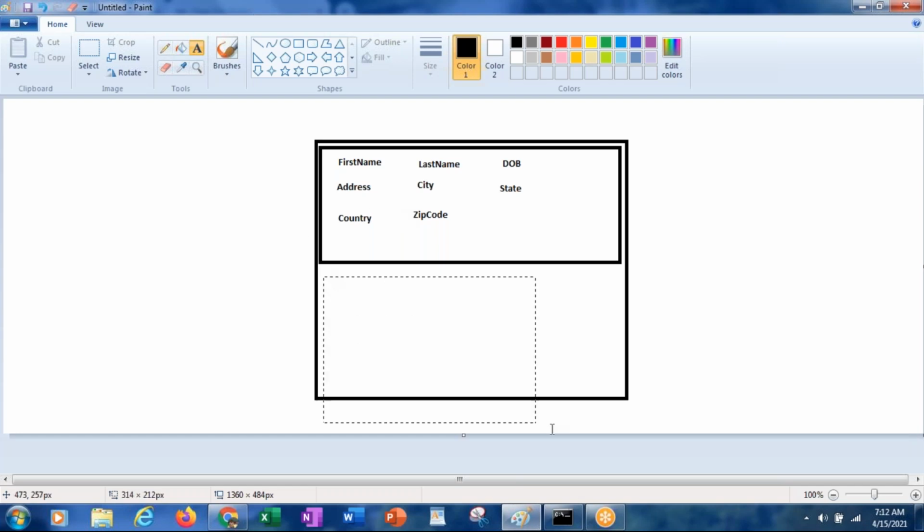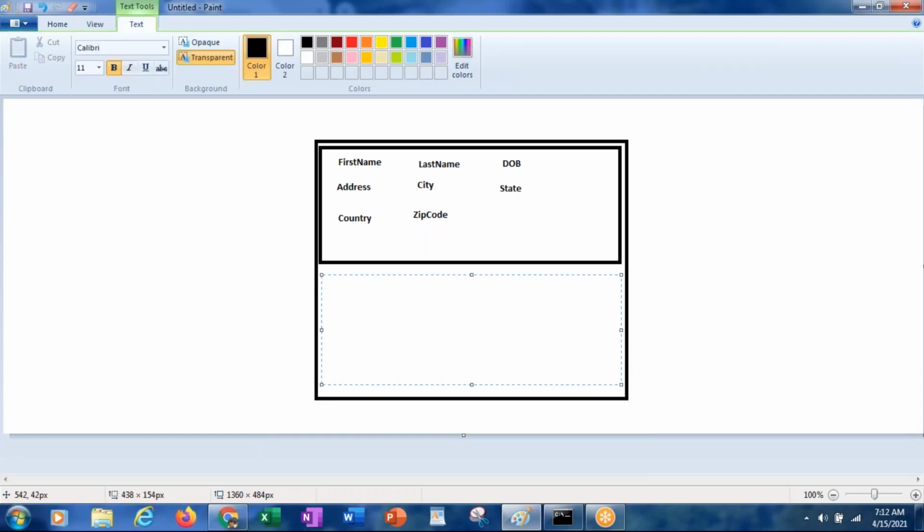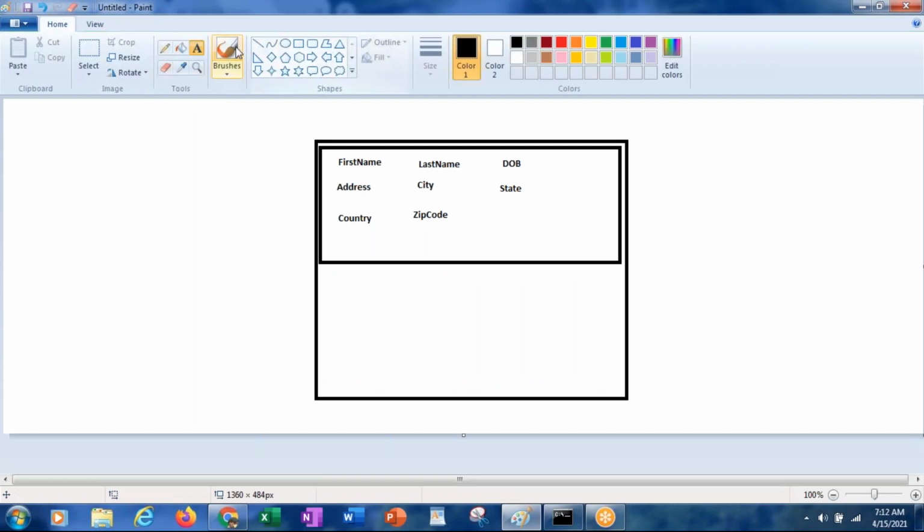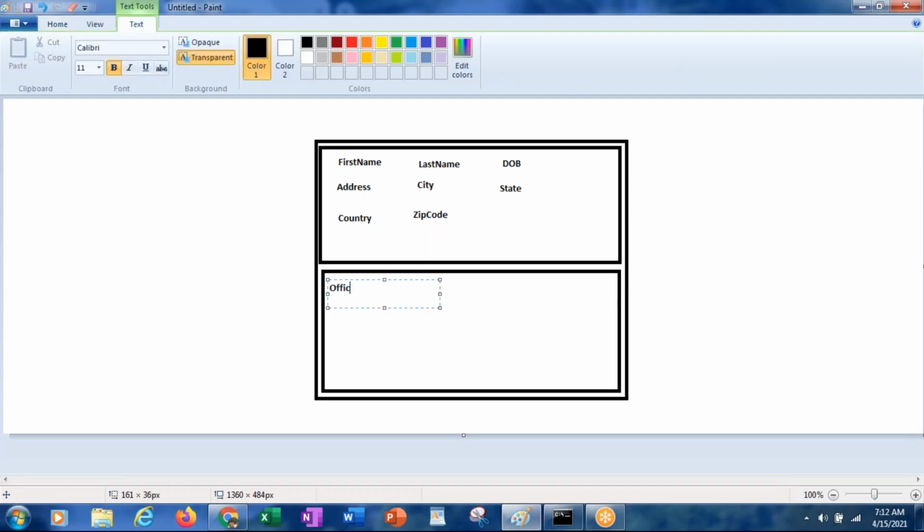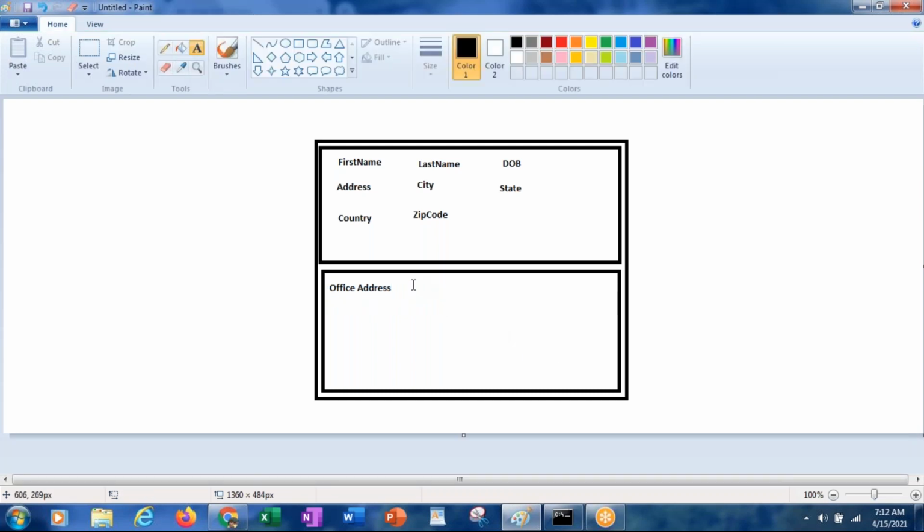For example, in case you want to have office address verification, then you can place one more layout, and in that layout you can place one more layout, which is the office address.